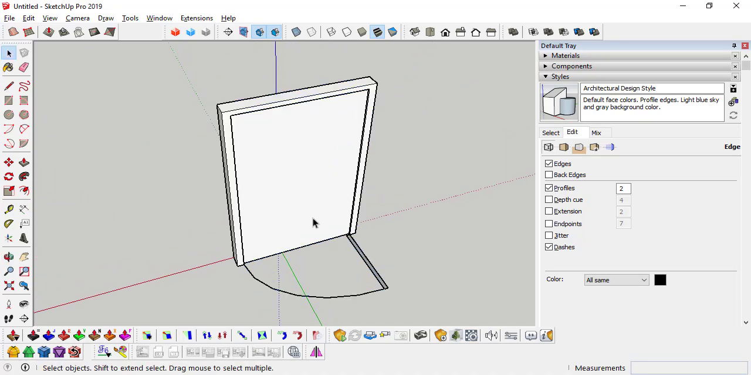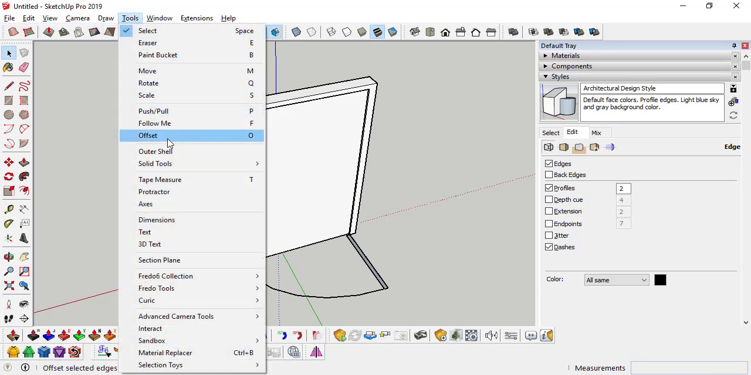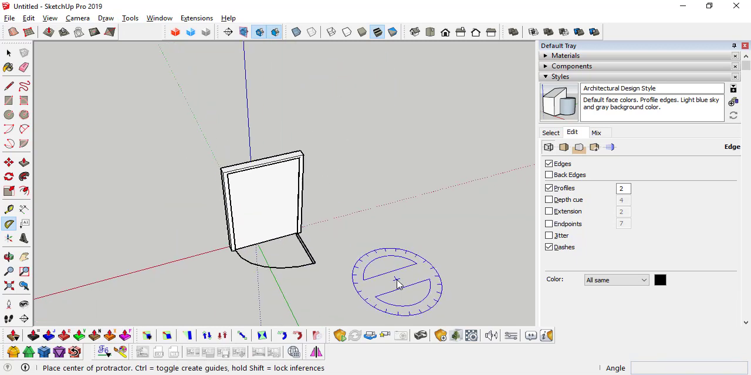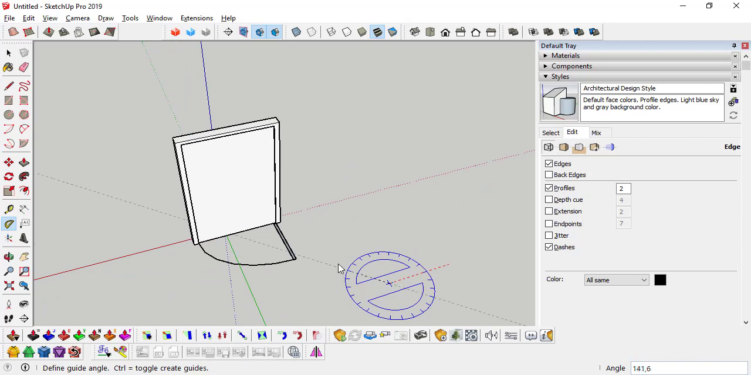Okay, now here's a tool that many people don't even know that exists in SketchUp, but to be honest, it's a tool that I've never used for anything. I never found this tool to be particularly useful, so it's just out of curiosity. There's a tool in SketchUp called Protractor, yes, and what it does, it allows you to create guides according to an axis, and you can rotate